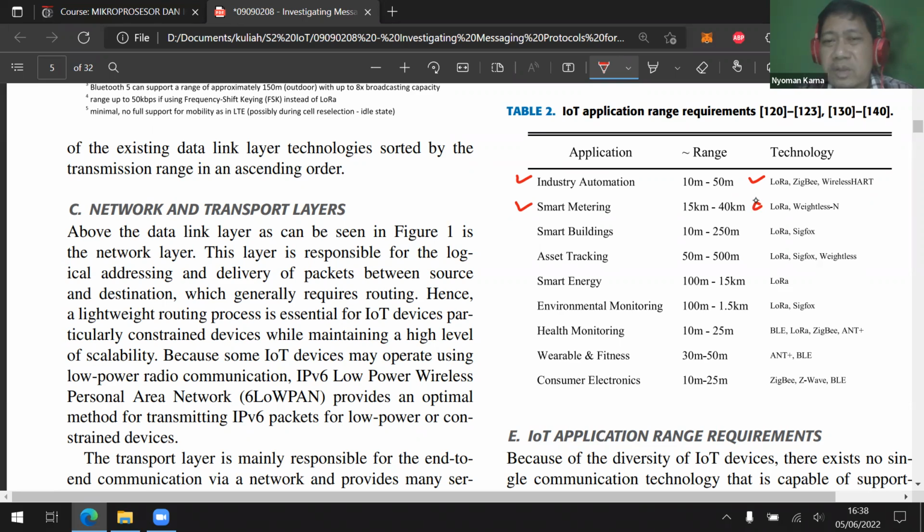And then we can also use LoRa for smart buildings. And then LoRa, everything is LoRa now. However, if we are going to use consumer electronics, for example, smart lamps, smart plugs, and everything that's smart in this house, then it's going to be consumer electronics. And we're going to use the ZigBee.